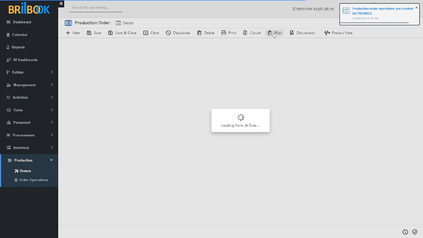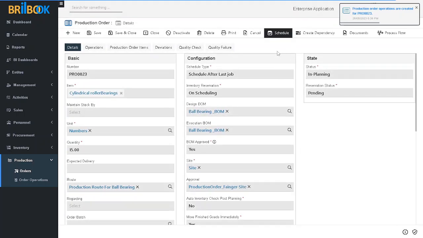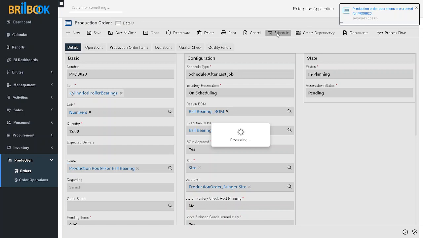On click of plan button, you can see our production order operations are created and we have received the notification for the same. Now we will schedule our production order operation. Now we will click on schedule button.